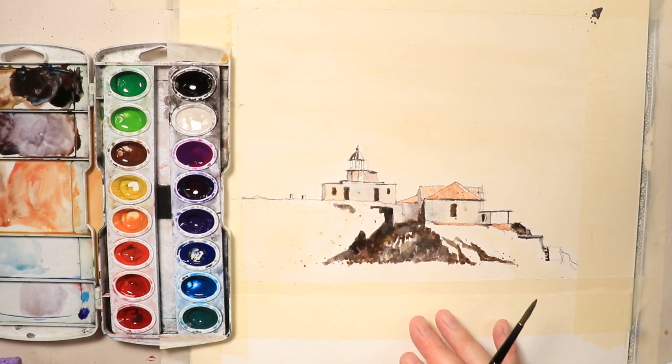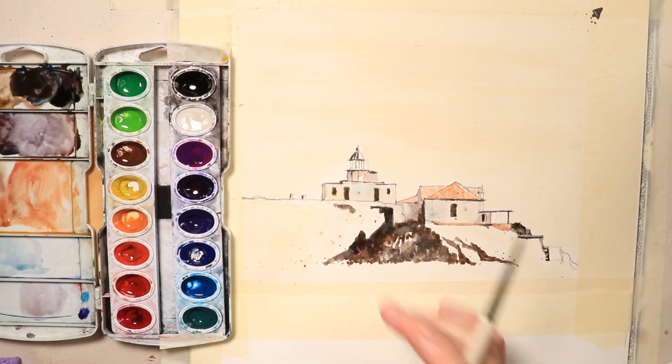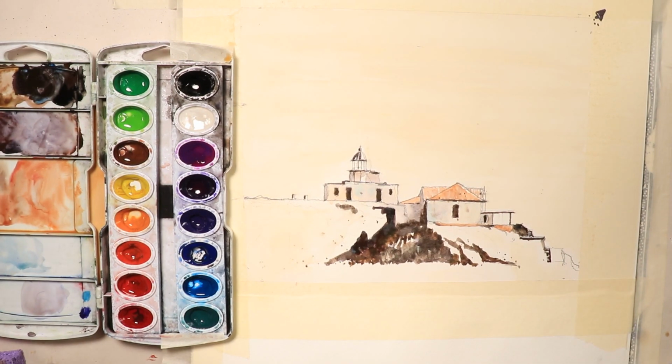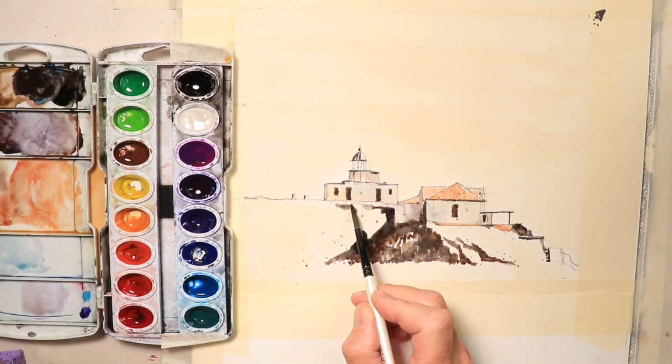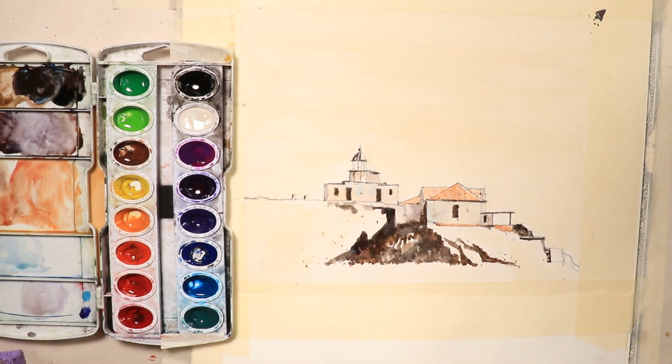We just want to do a little more details to the rocks here in the foreground. And then we're going to add in the water too. We'll do a nice beautiful blue wash for the water. And I think that'll be it. And so we'll continue on here, getting in the rest of our washes. I think what I'd like to do is probably do my water, my ocean,